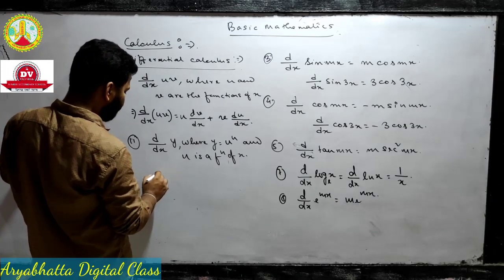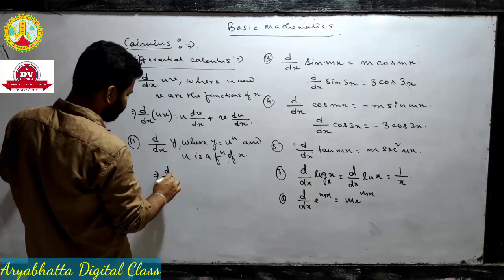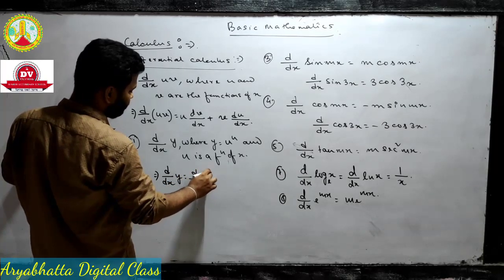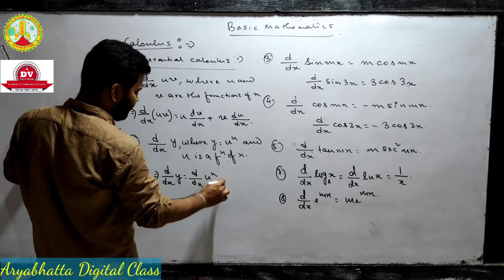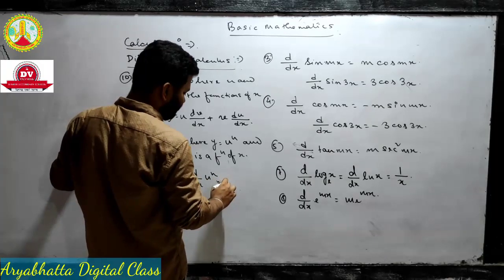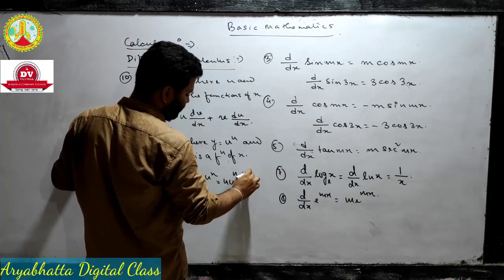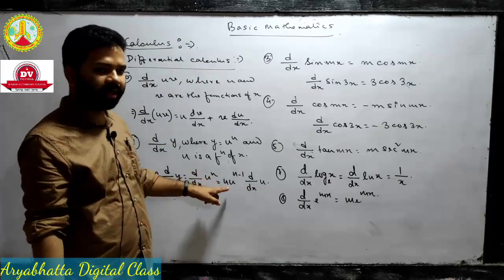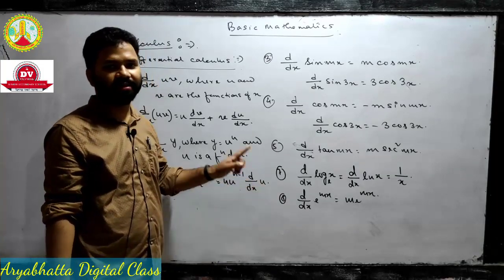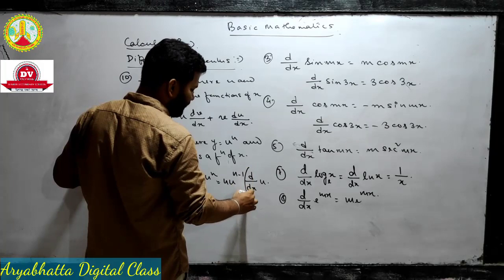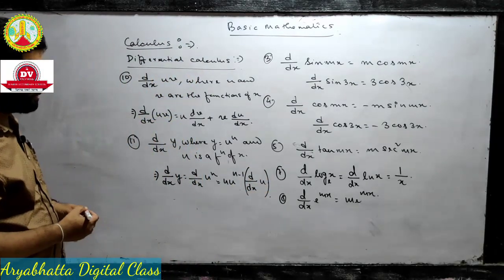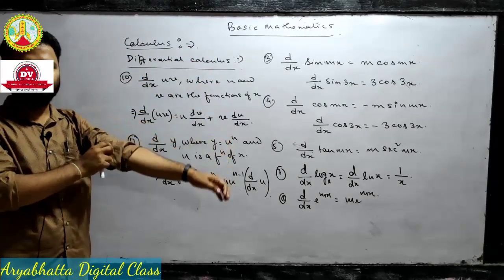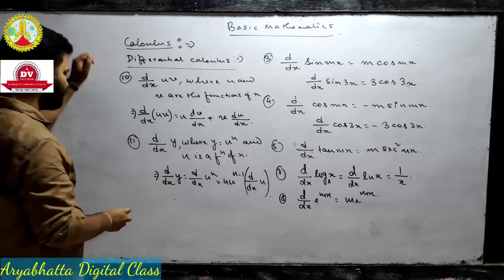So what will I do here? If there is such a term, d/dx of u to the power n, then the formula will be n u to the power n minus 1 d/dx of u. Here I wrote n u to the power n minus 1, and then we have to differentiate u separately. Okay, so these are the formulas that you have to apply from differentiation. Done. One more formula, that is